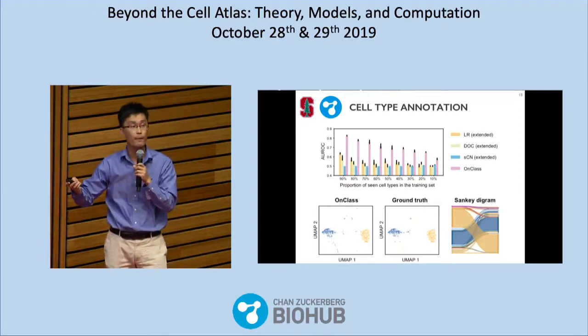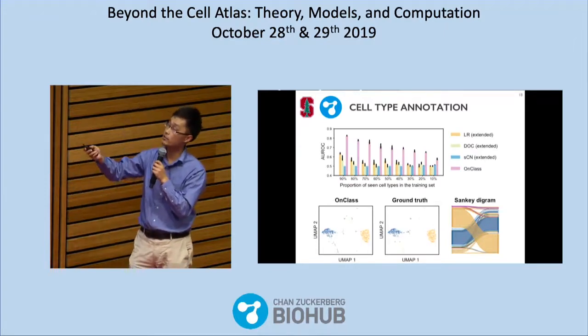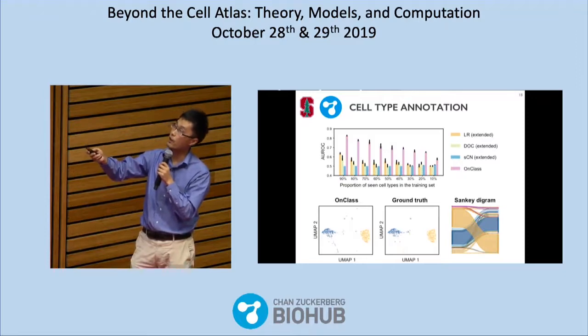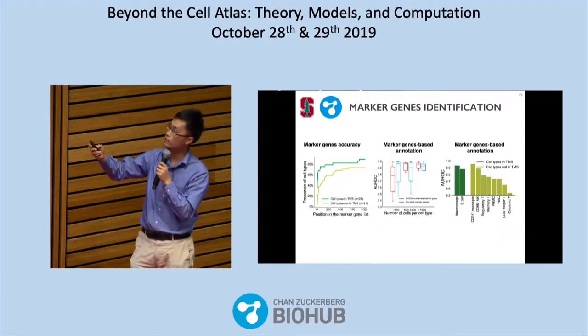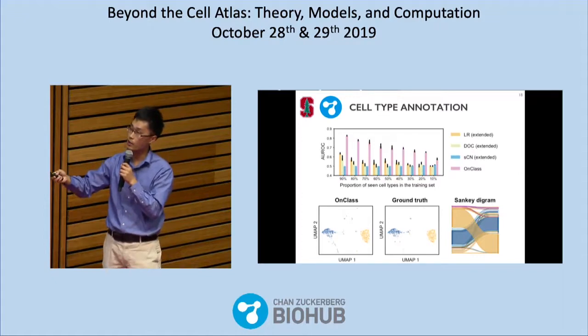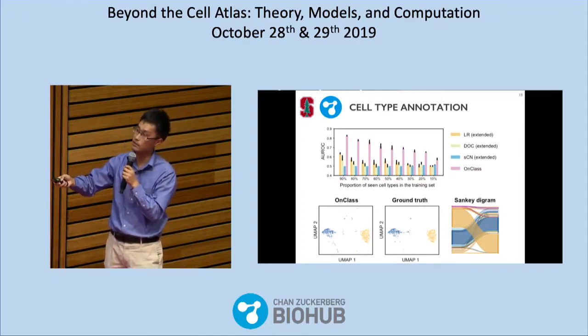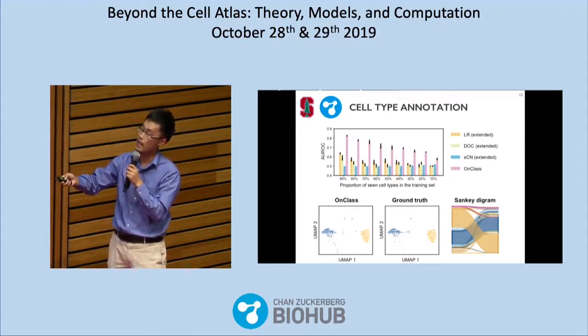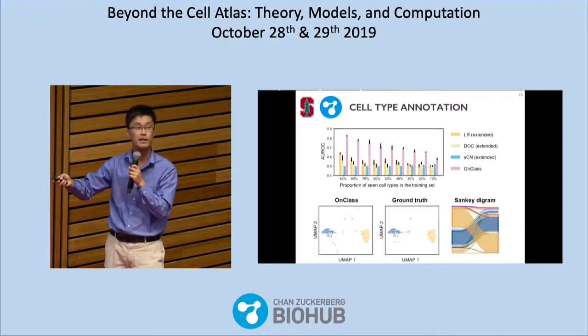We found that our method can accurately annotate cell types, especially for unseen cell types, in comparison to existing approaches. And here is how we can annotate cell types. There are 9 different unseen cell types, and our annotation is very accurate, more than 18% accuracy compared to the ground truth. And none of those 9 cell types have we seen in the training data.